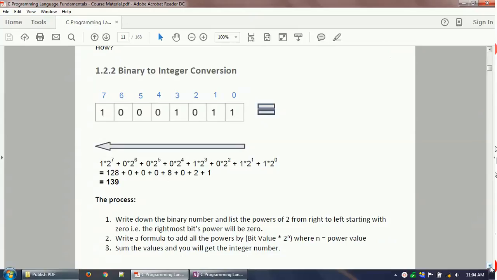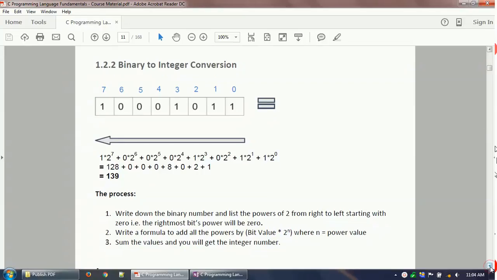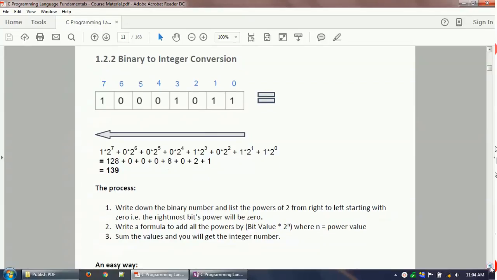So as you can see, I'll show you the technique of how you can convert binary data to a decimal integer. The technique is very simple. What you do here is, once you write the binary data in this form, from the rightmost bit, which is this one, you put a